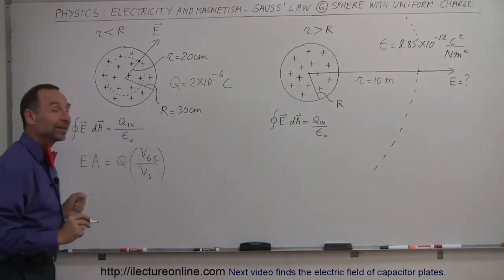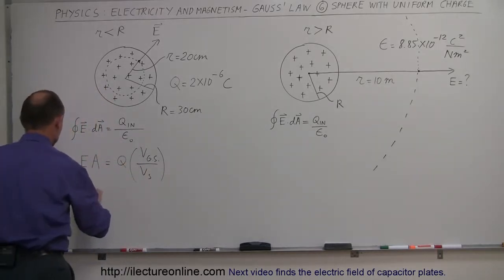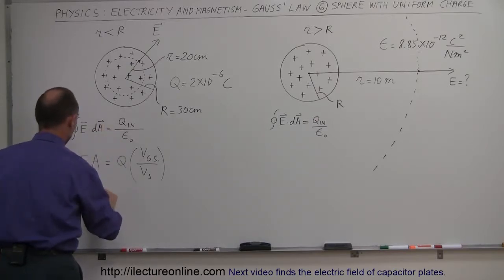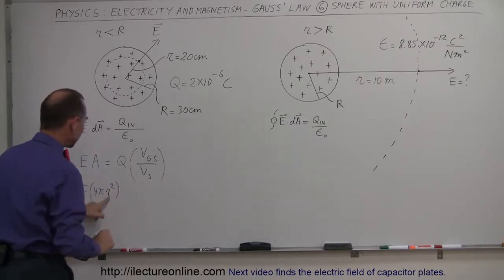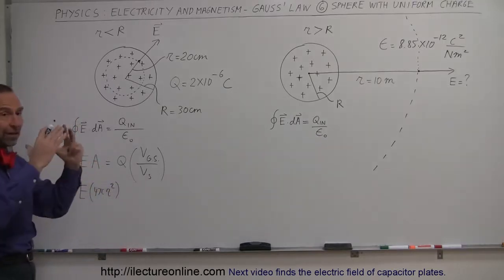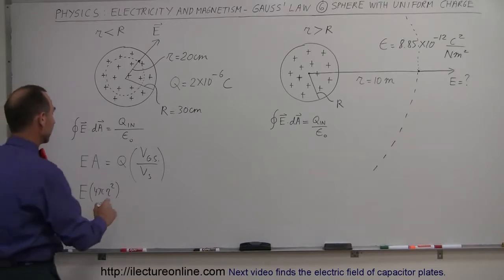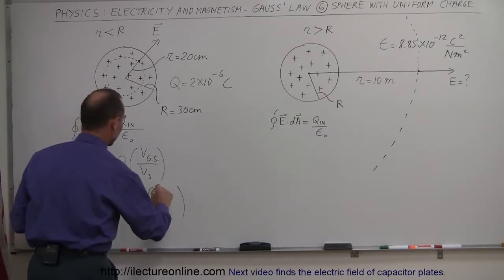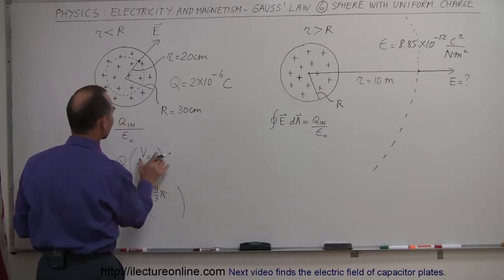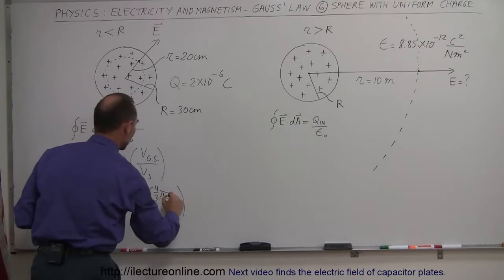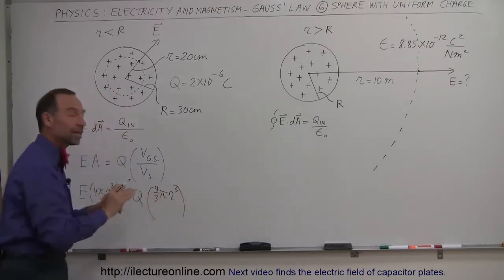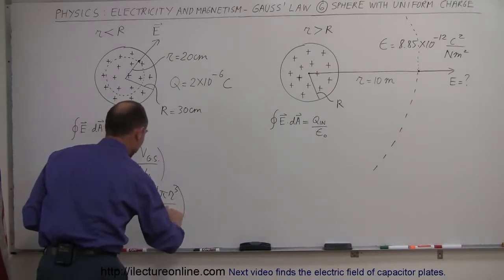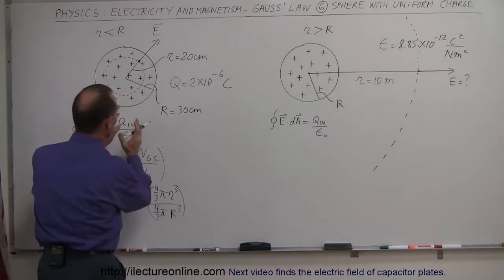And so now we can plug in what these things are equal to. So in this case, that would be E times the area of the Gaussian surface, which will be 4 pi r squared, r being the radius of the Gaussian surface, and of course the surface of a sphere is simply 4 pi r squared. That equals the total charge Q times the ratio of the volume of the Gaussian surface, which is 4/3 pi times the radius of the Gaussian surface cubed, which is r cubed. That's the volume of the Gaussian surface sphere, divided by 4/3 pi R cubed, big R of course being the radius